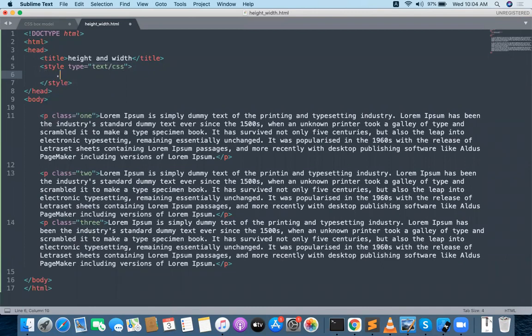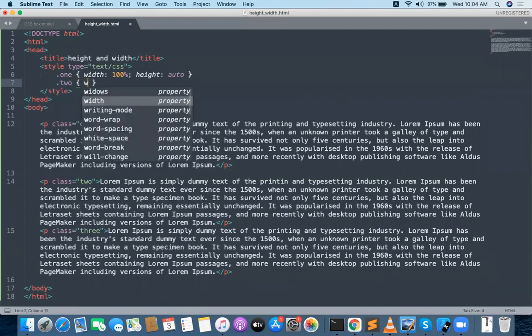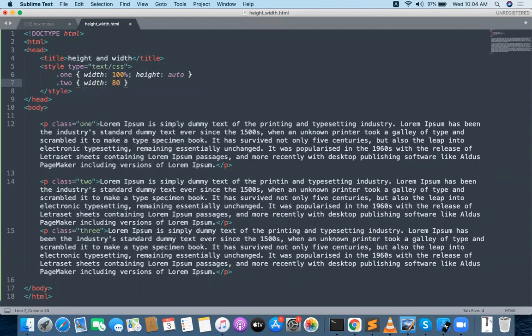For .1, the width is going to be 100% and height will be auto. Let me go for class 2: width is 80%, height is auto.